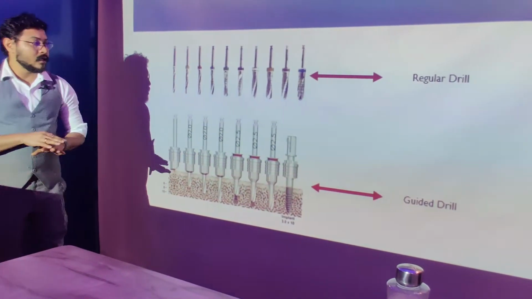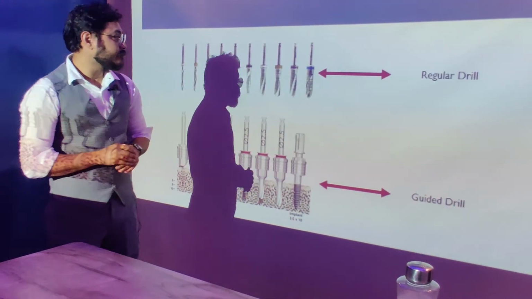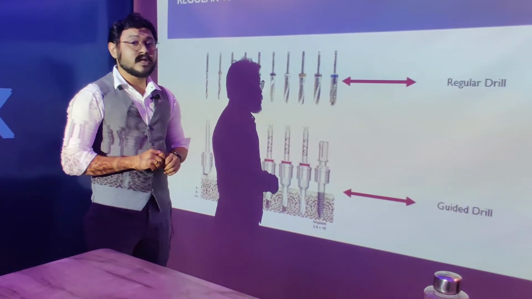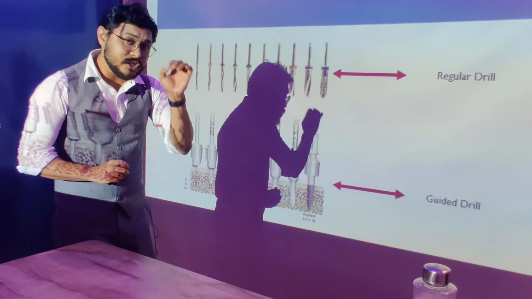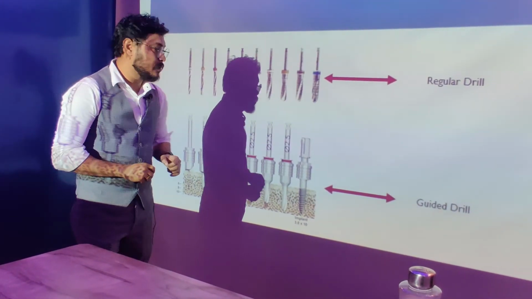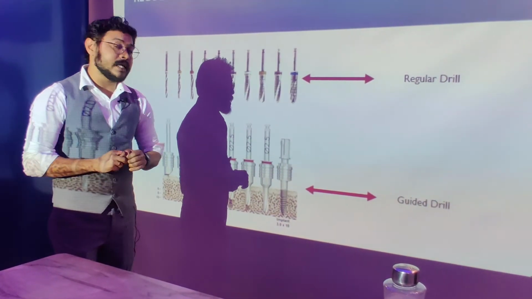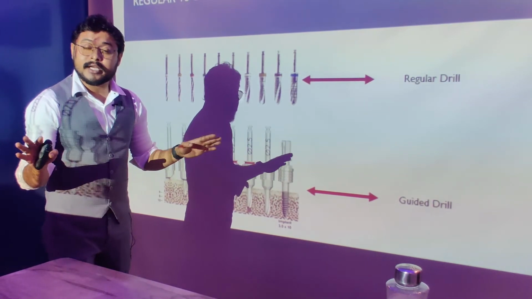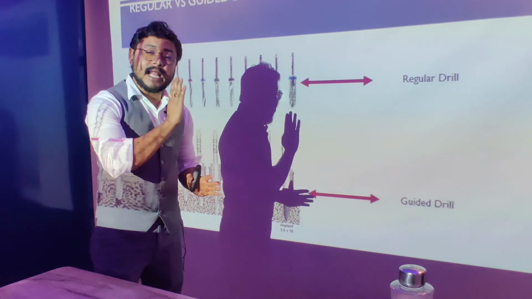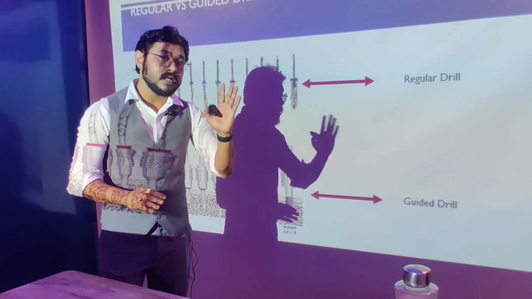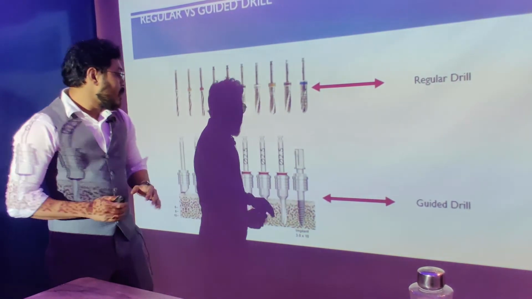As a final consideration, you need to have information about what drills you are going to use for your surgery. Is it a conventional drill or a guided drill? According to your drill, you will need to prepare the surgical guide. If you are using the conventional drill, what is conventional? The regular drill, where the drill lengths are the same and the drilling diameters follow the drilling sequences, right?